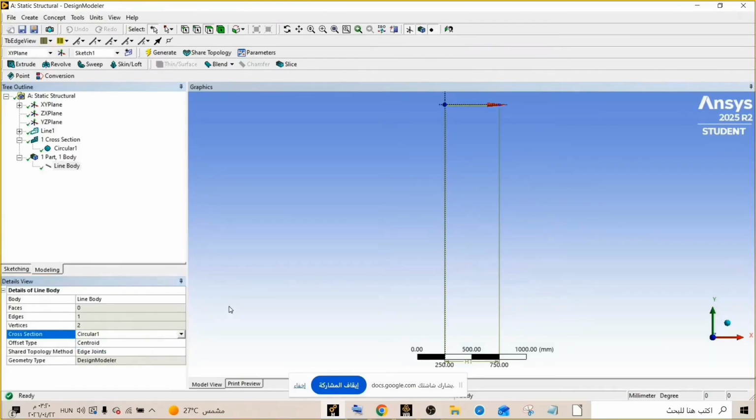Line body, cross section, circular one, and after that go generate. Generate is very important. We need to generate every step that we do in the design modeler.